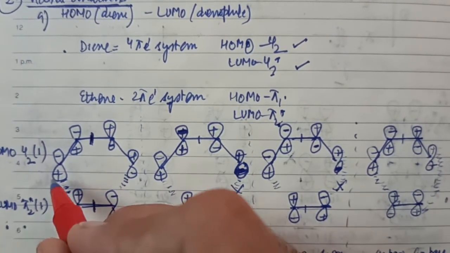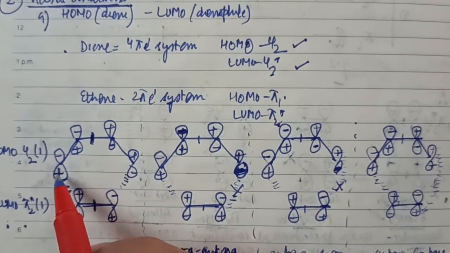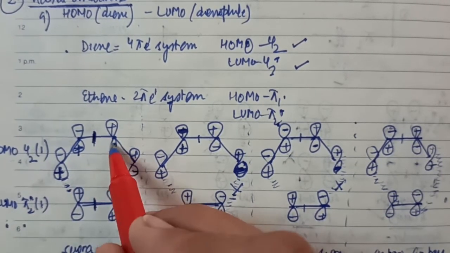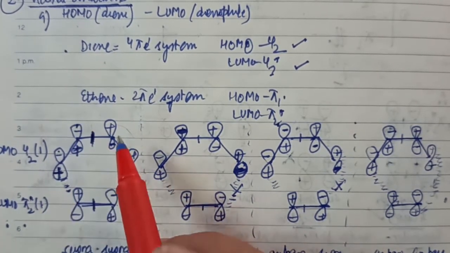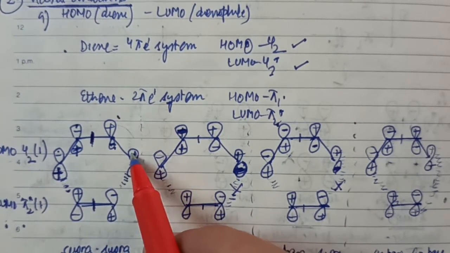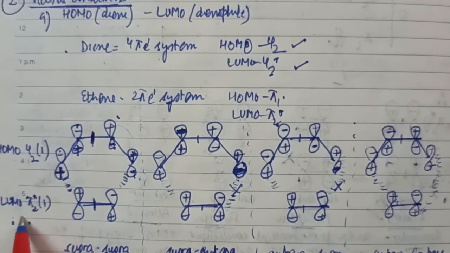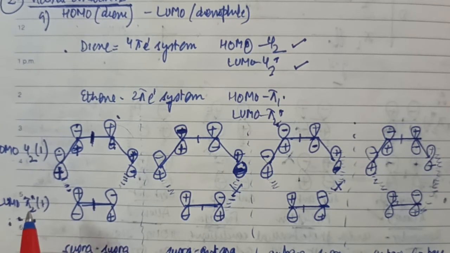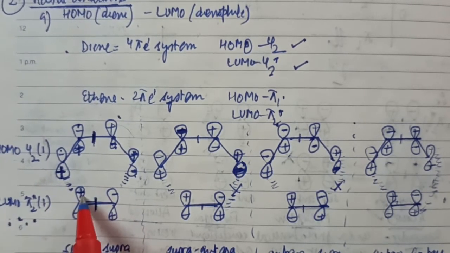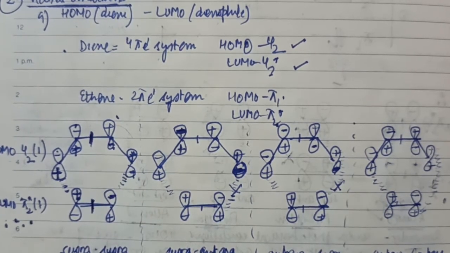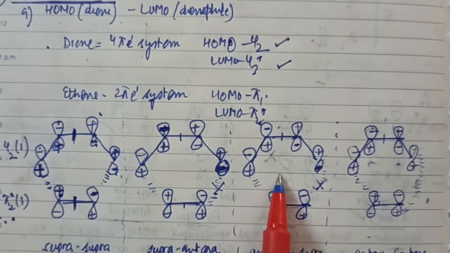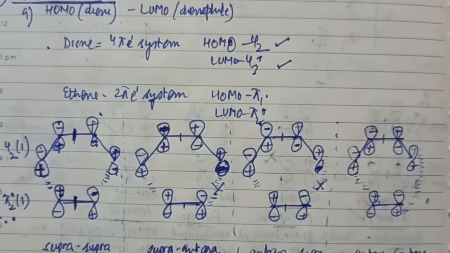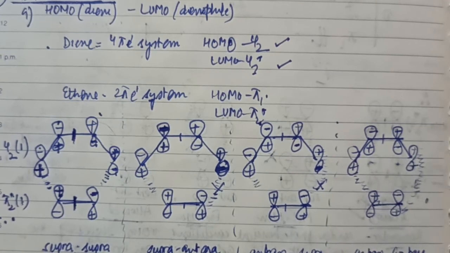What is the orbital picture? I'll try to keep the first lobe positive, down. So if this is positive, this will be positive. The node comes, then negative. The others I can create: this is positive, this will be negative, this is positive, this will be negative, this is negative, this will be positive. Constructing the LUMO, pi2 star for ethene has one node. I keep the same sign here as customary. If there is one node, this will be negative here. The same orbital picture will be true for all 4 stereochemical modes, whether it is supra-supra, supra-antara, antara-supra, or antara-antara.